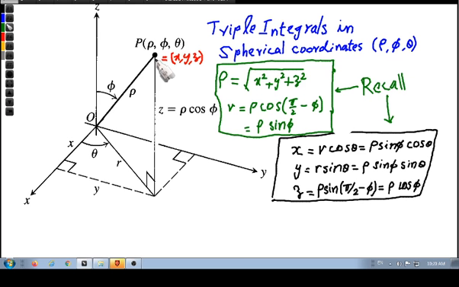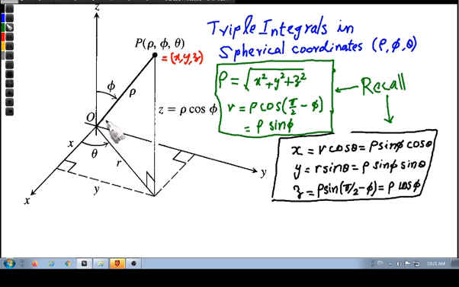One way to reach the point P is using rectangular coordinates. Go parallel to x-axis, y-axis and z-axis. You will reach the point x, y, z. Another way to reach the point P is like this. So you are just recalling what is meant by spherical coordinates. It's a triplet, rho, phi, theta.